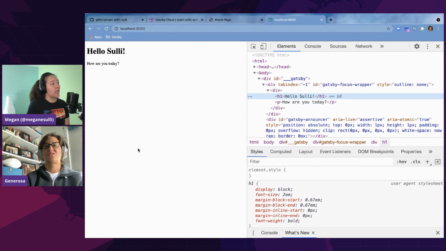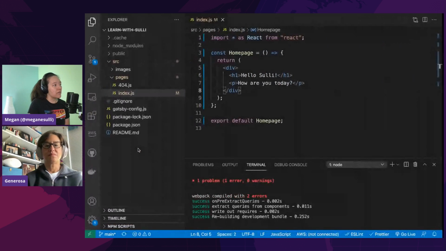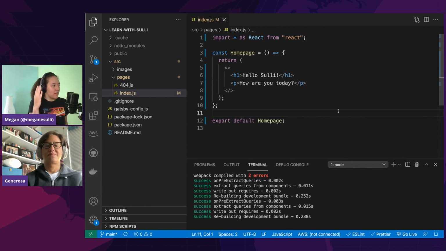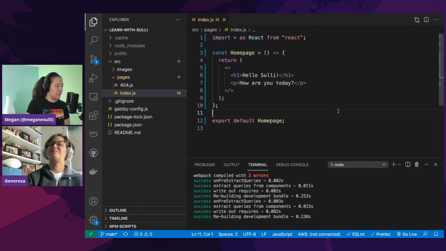You can, instead of a div, use something called a fragment. So if you go back to your code, instead of putting that div in there, you can just put the empty triangle brackets. That's called a fragment. It's basically a way to cheat that wrapper rule, where you've still got a fragment that is a single element wrapping all of your stuff in your component. But it's not actually going to be reflected in the DOM.